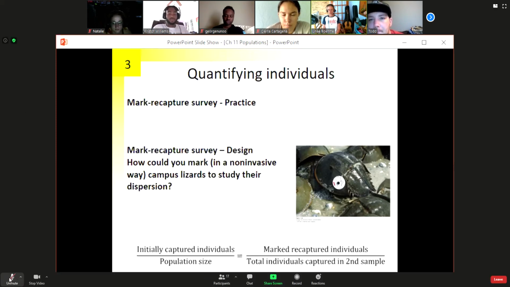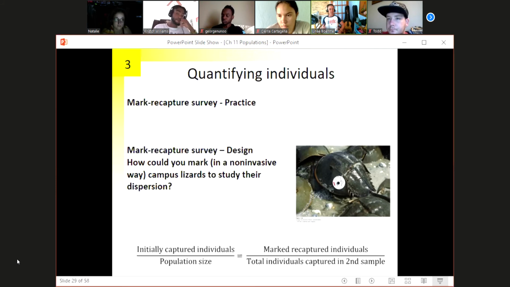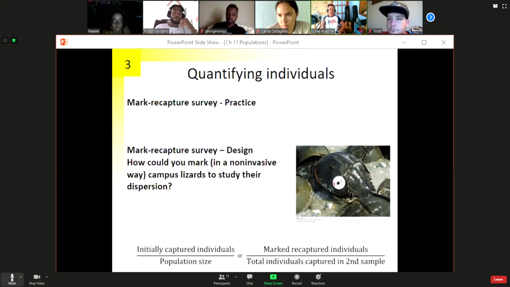Okay, yeah, so thread, marker. You wouldn't want to put the big tag we put on the horseshoe crabs on a lizard, because that would punch through their stomach, and it would be heavy. You don't want to mark an organism with something that's going to burden them, because they might not be able to swim as well as they need to. Sometimes with dolphins or great white sharks, they put big satellite tags on their dorsal fins. Well, it's not that big of a deal if you weigh a couple hundred pounds, but you don't put a satellite tracker on a pinfish that's about the size of your hand, because it's about the size of the organism. Right? So yeah, you could do thread,